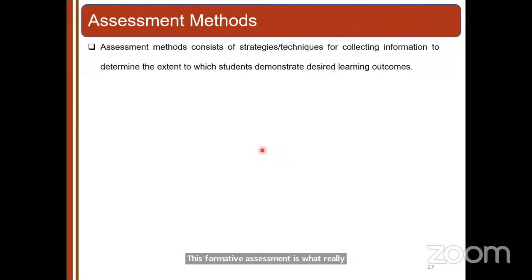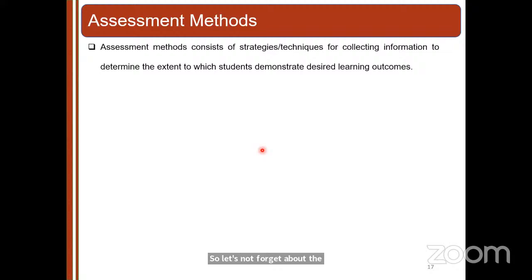Whereas when you come to a formative assessment, the goals are not strict and rigid, but the goal here is actually to help the student develop professionally in the particular course and identify his or her learning gaps. This formative assessment is what really helps us with the learning outcomes. If you do the formative assessments correctly, that will lead to a better summative assessment. Better summative assessments give you better learning outcomes. Everything is interlinked. So let's not forget about the formative assessments.